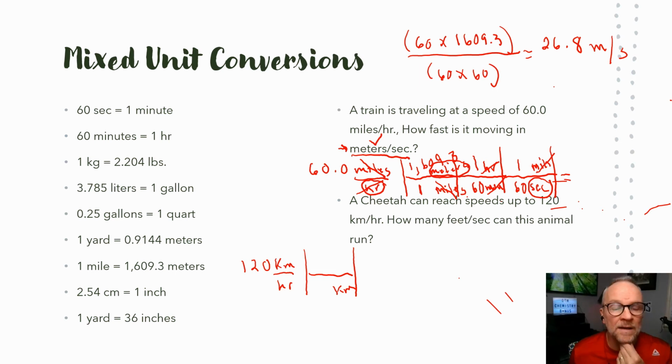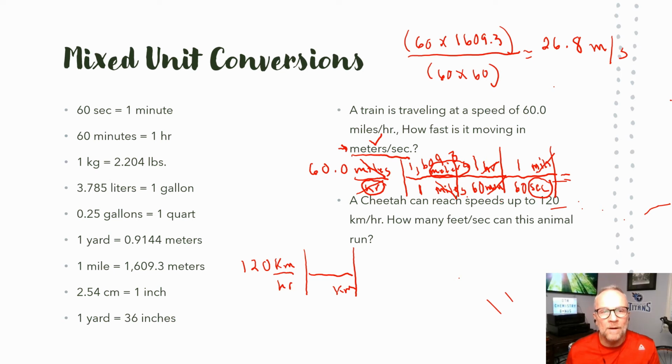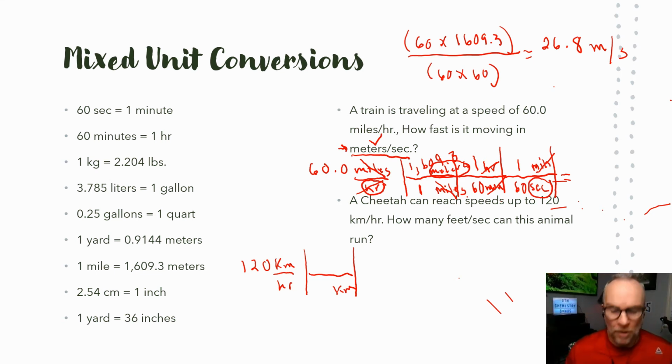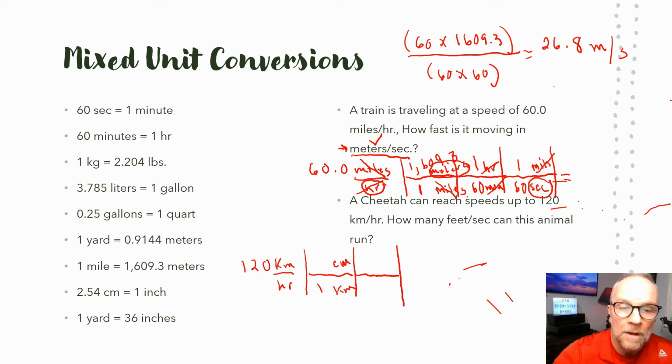I don't see meters. You know, you could go to yards, and maybe I don't have the conversion for yards to feet, so we're going to go from yards to centimeters, and then we're going to go from centimeters to inches, and then inches to feet. We might have been able to do it a little quicker another way, but it'll work this way. So 1 kilometer is equal to